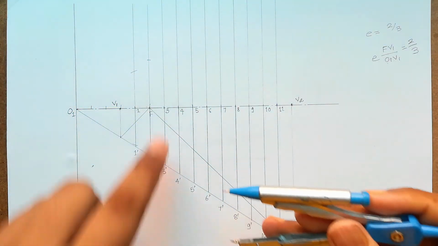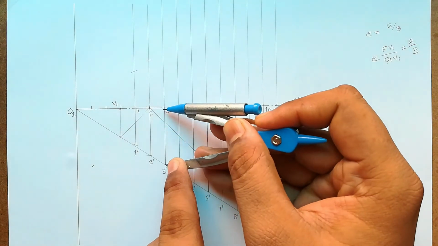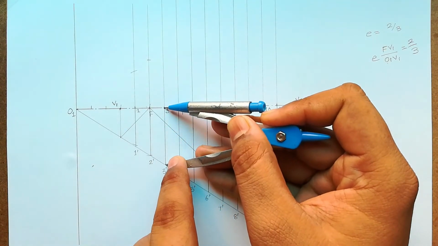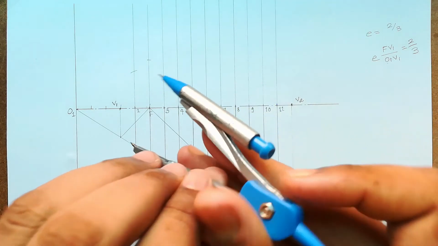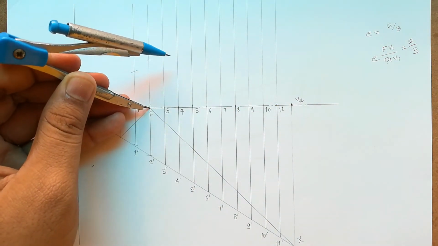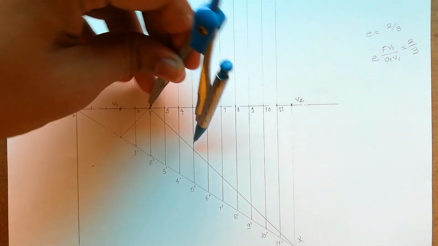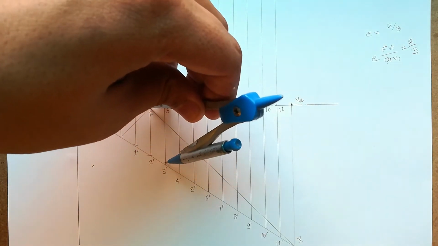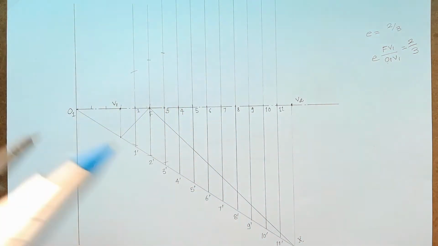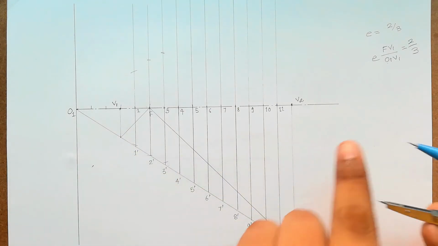Once again, do the same for the third line. What I will do, I will take the distance from 3 dash to 3 that is available on the axis. Once again I will go to the focus, I will take F as a center, and I will mark my intersections on the line from where I have taken the distance. Okay, so this is what the process will be. So let me just quickly complete this up to 12 points.